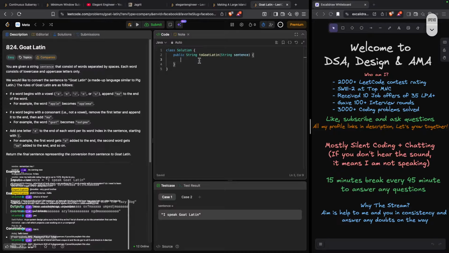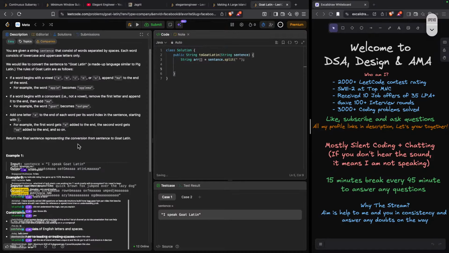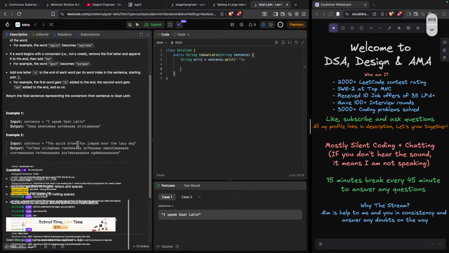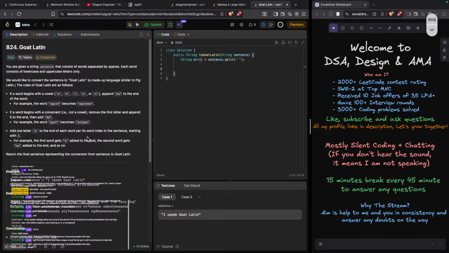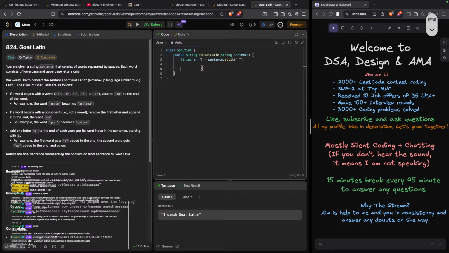So first of all, no trailing spaces. If you get this in an interview, you should always ask whether there are trailing spaces or whatnot, right? So for int i equal to 0, i less than array dot length, i plus plus.